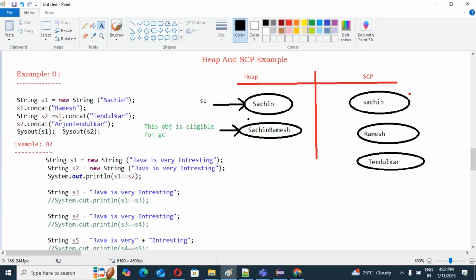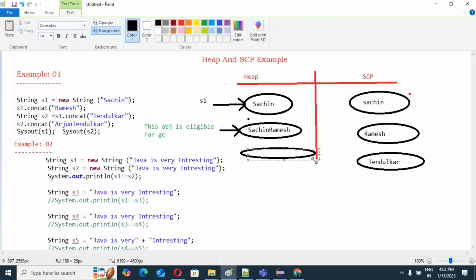For that purpose, you know very well, we create one object in our heap area. Yes or no? Heap area, correct? And that will get Sachin Tendulkar.